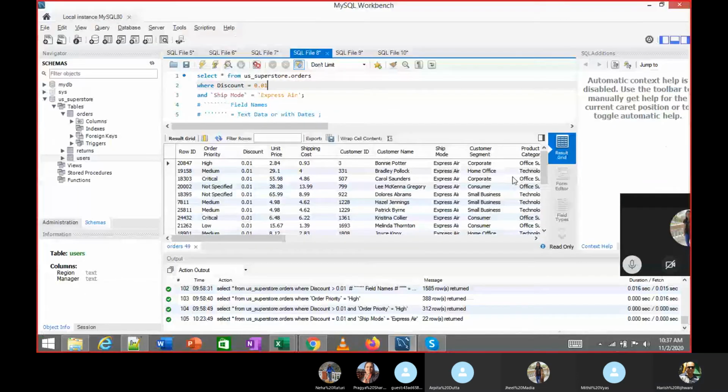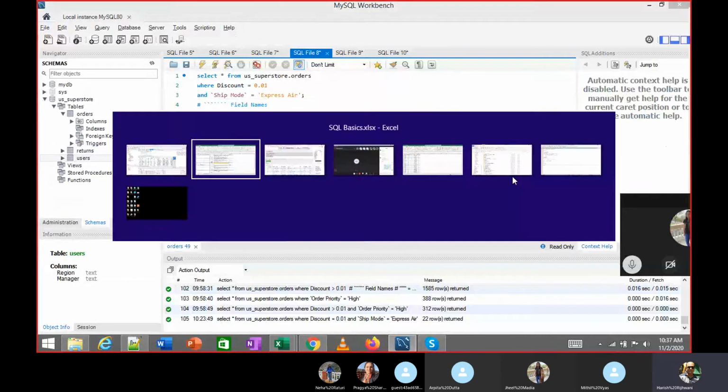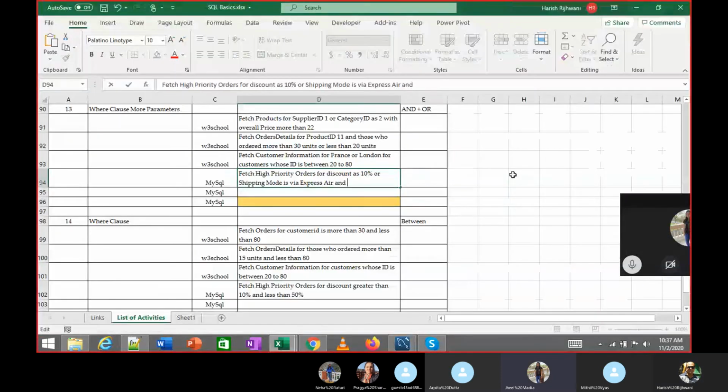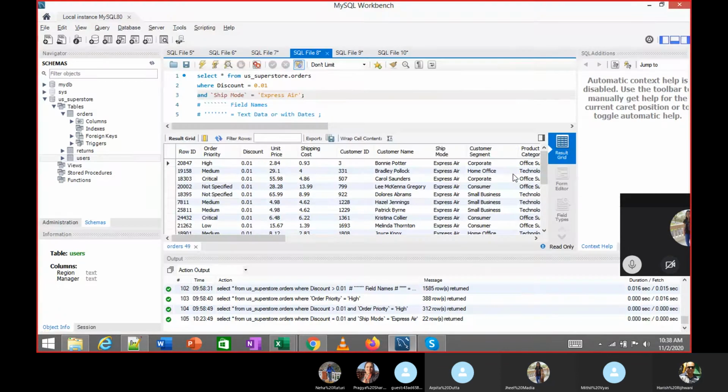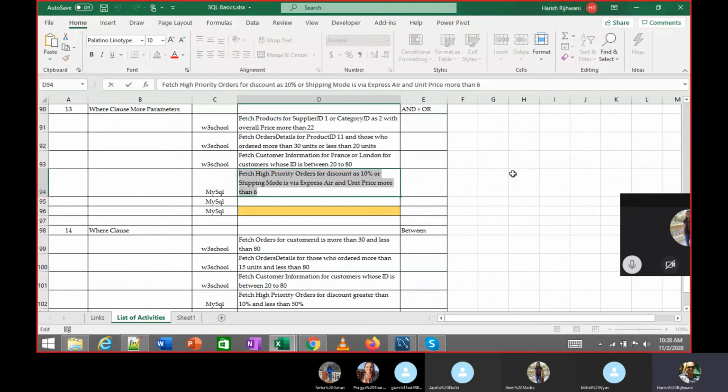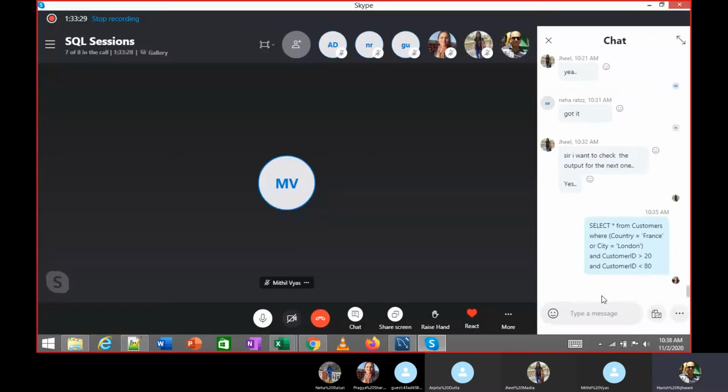We'll put... So I didn't understand why will there be an and in customer ID 20 to 80? One second. Last one.